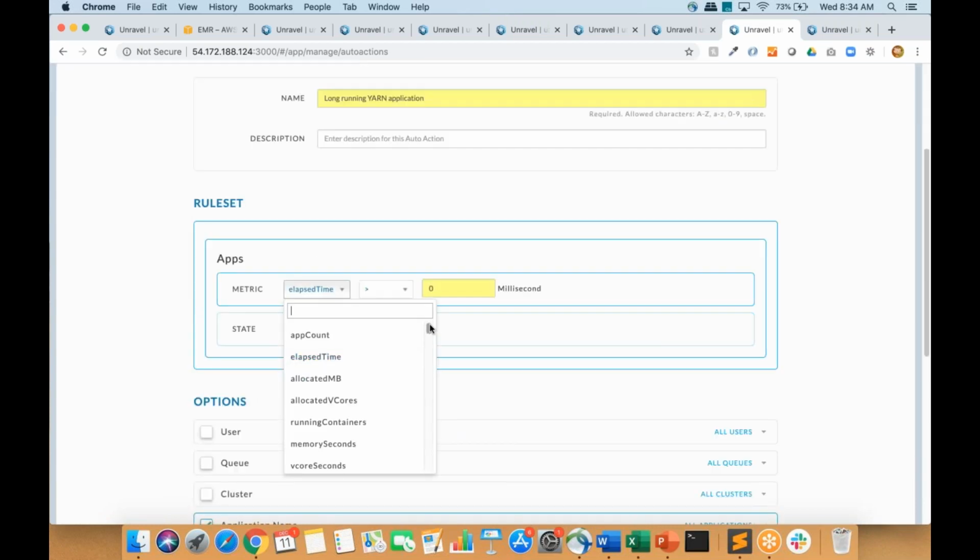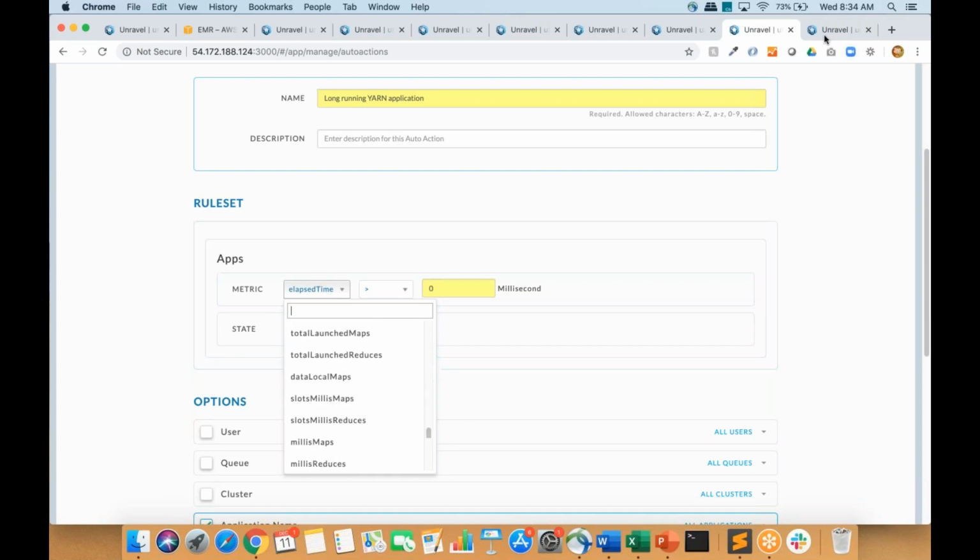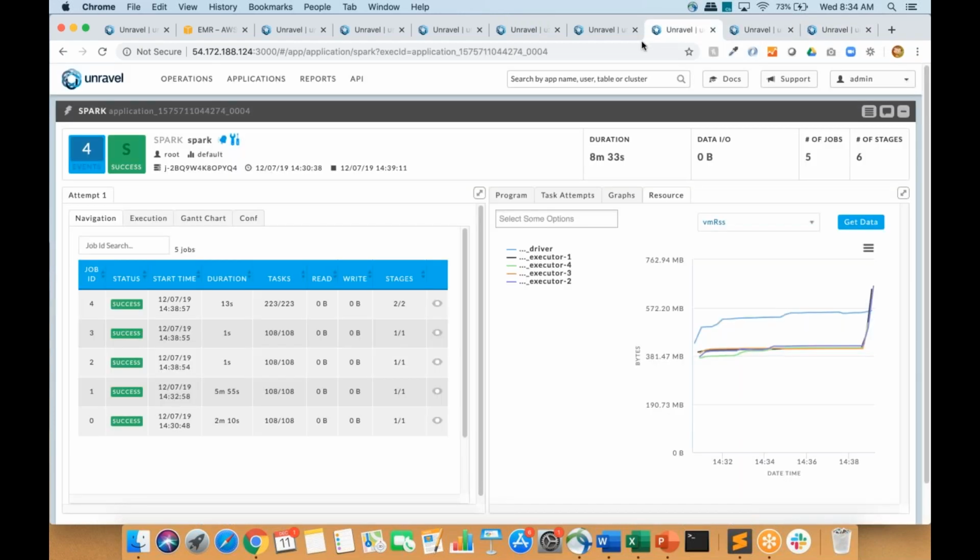I just want to show you that there are more than 100 different metrics that you can use to set up your auto actions. And our customers have used a whole variety of them based on their specific business needs, right? Another thing that our customers have mentioned, besides being able to use these Unravel recommendations and insights to